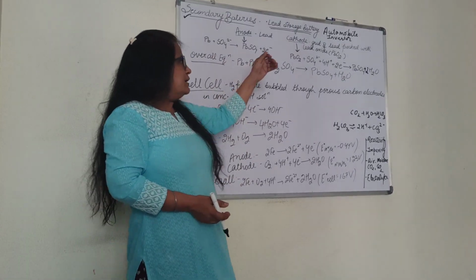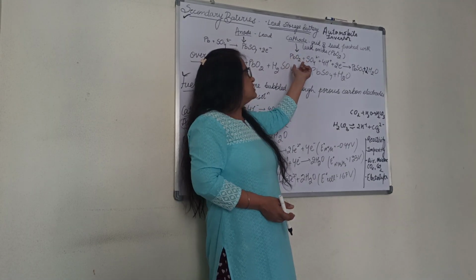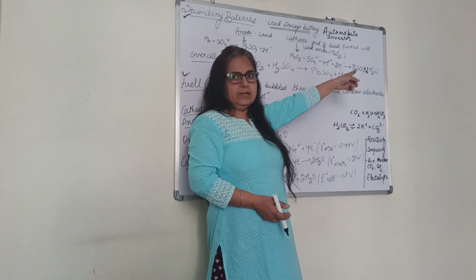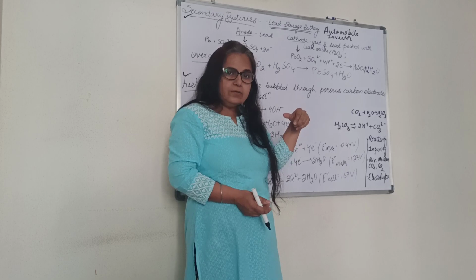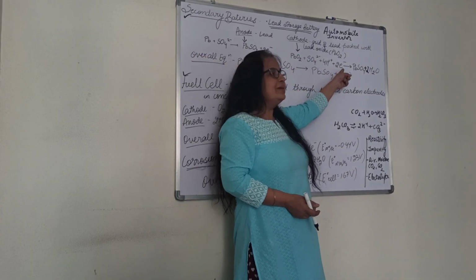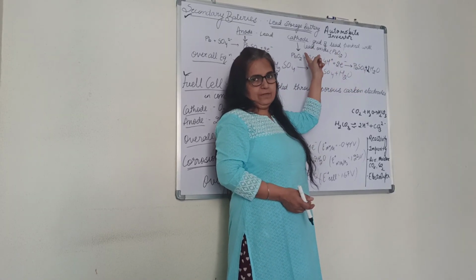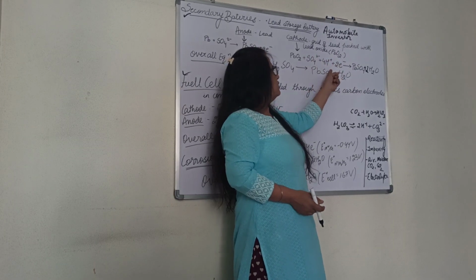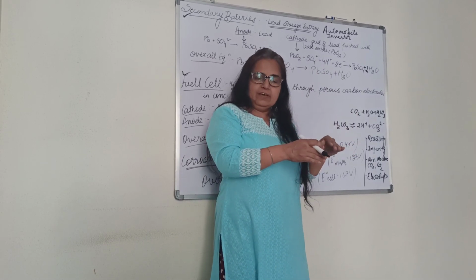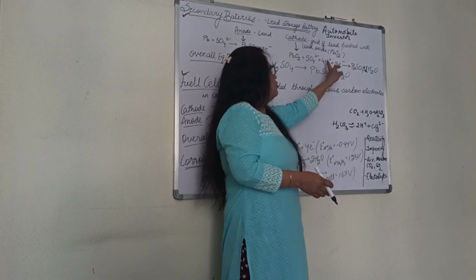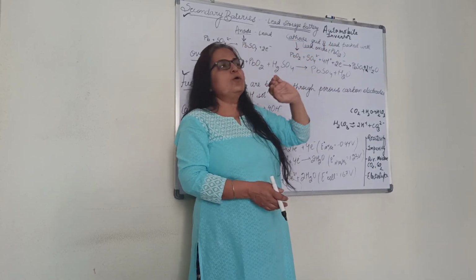On the right hand side, that is the cathode, we were taking PbO2. PbO2 is achieving PbSO4, that is plus 2 oxidation state. Cathode means gain of electron, so 2 electrons it will gain. Now sulfate was there here, so we wrote sulfate here. Put together, now you have 4 negative charges. To compensate the 4 negative we are adding 4H plus. Now water will be added to balance hydrogen and oxygen.